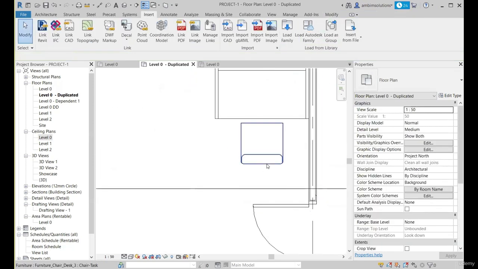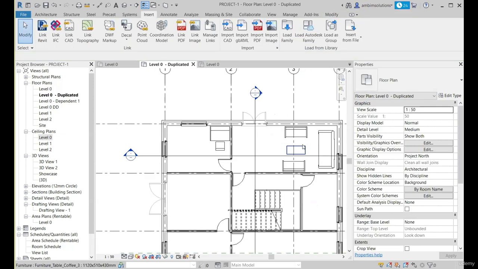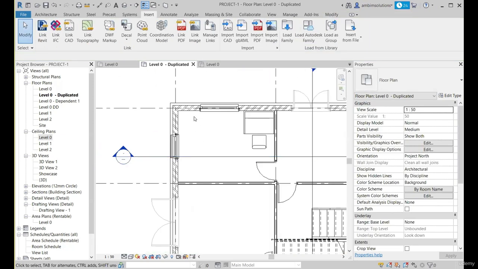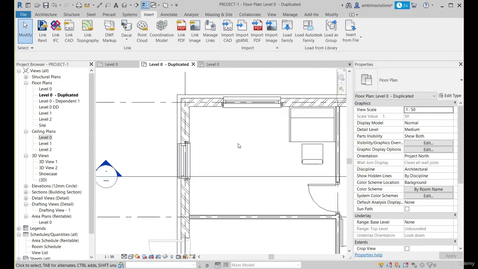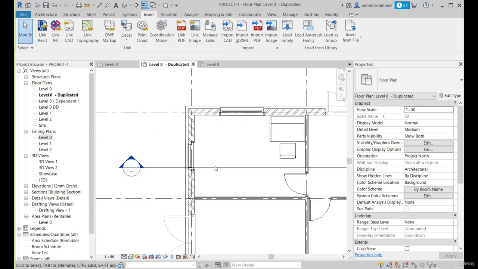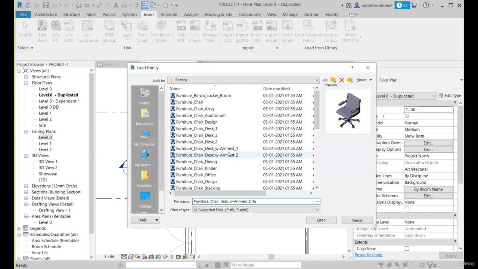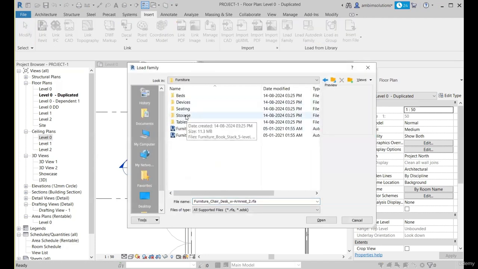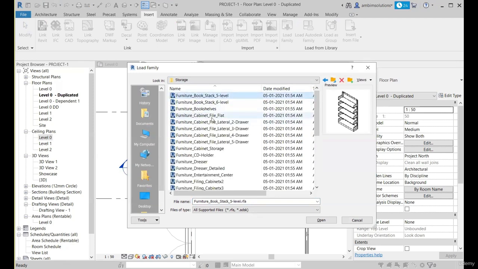Okay, so I have my chair here, I have a table here, and my entrance is also fixed. So I need a cabinet or maybe shelves here to store, as we have considered this as a study room, so to store any study material or other stuff. Okay, so go for load family again, and here we have storage. There is a new folder called storage, so we go to storage, and here we can access different types